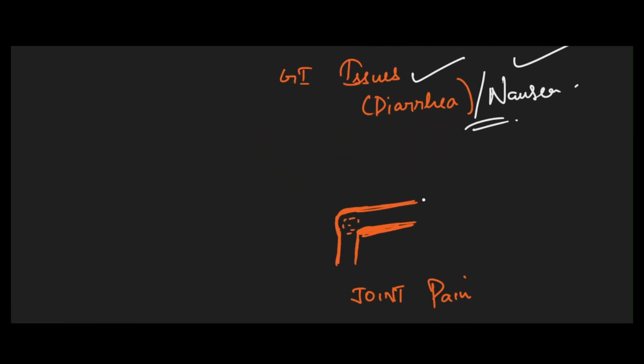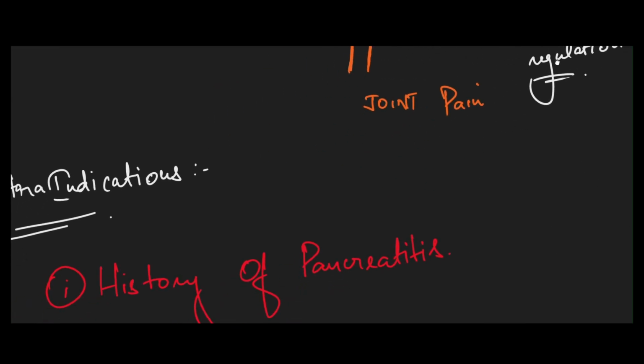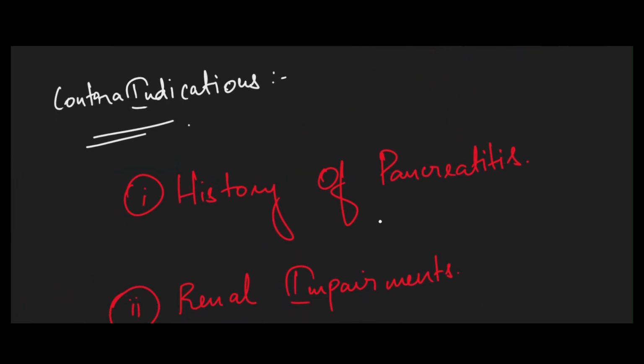Now coming to the joint pain. Now joint pain, the mechanism is not known, although it is hypothesized that the DPP 4 might have a role in the cytokine regulation, etc. So when you inhibit the DPP, it leads to the impaired cytokine regulation, which further leads to joint pain or arthralgia. Coming to the contraindications, it is contraindicated in any patients who's